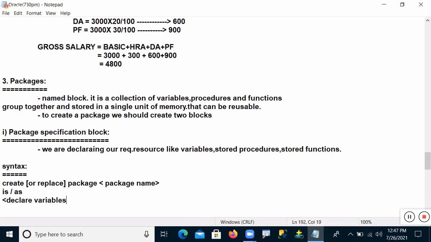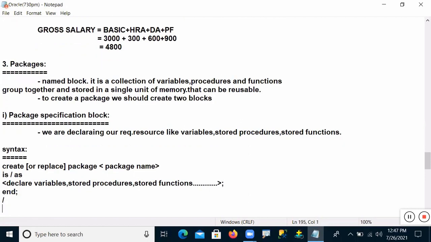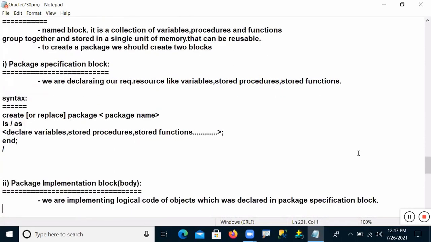So declare your required variables, how many you want. Declare your stored procedures, how many you want. Declare your stored functions, how many you want. You can declare like this, and finally end this package specification. There is no begin statement; a begin statement is not required here. And the next one is